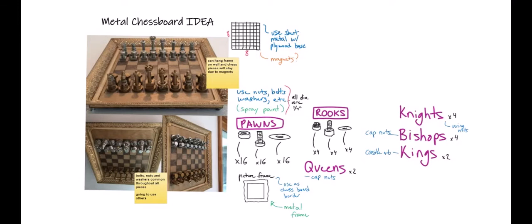and constantly asking questions. Here, I have an ideation sketch made, accompanied by some pretty neat examples of metal chessboards I found through Google Images. When ideating, you have to start with the what. What am I going to make? What am I going to make it out of? In this case, it's a metal chessboard with nuts, bolts, and washers for the pieces. In my next video, on the materializing part of the design process, I will be discussing chessboards and chess pieces